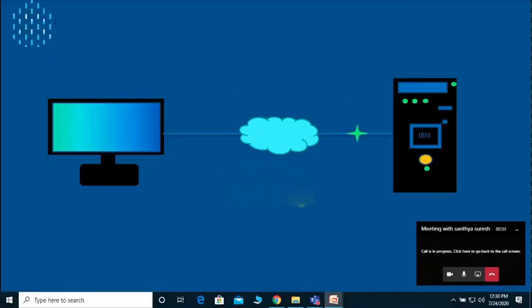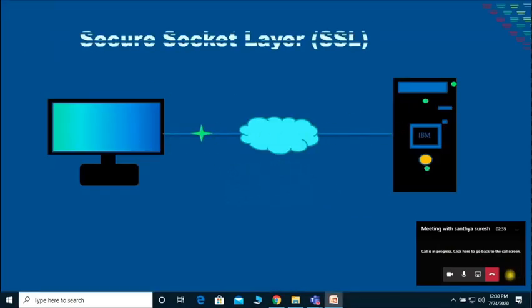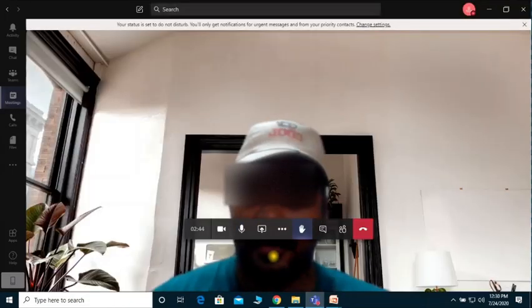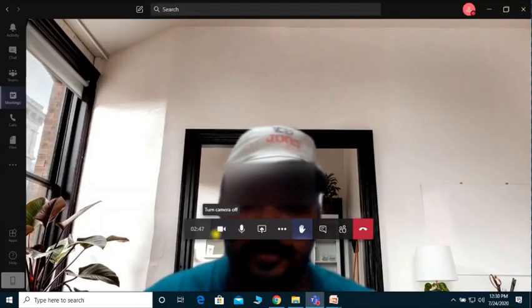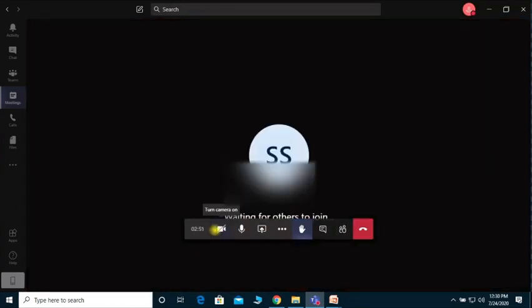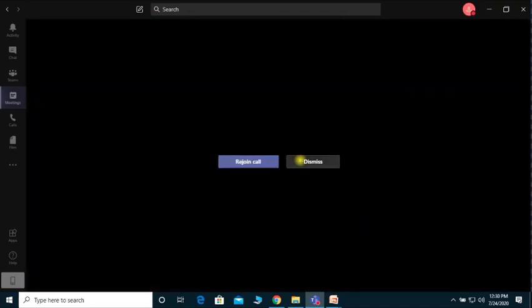If you want to close the presentation, the presentation close option is also there. So these are the ways we can do a presentation. And if you don't want your camera, you can switch off your camera option. If you don't want to mute your mic, you can do that, and that option is also there. Then there is an option if you want to hang up or exit from the meet, you can use that. Okay, these are the primary options available.